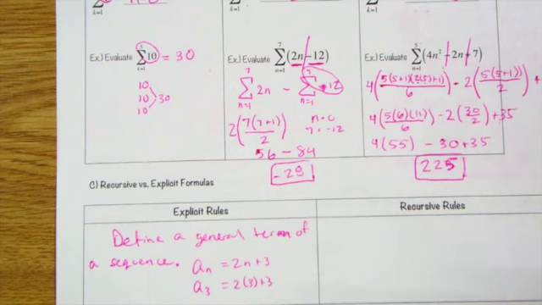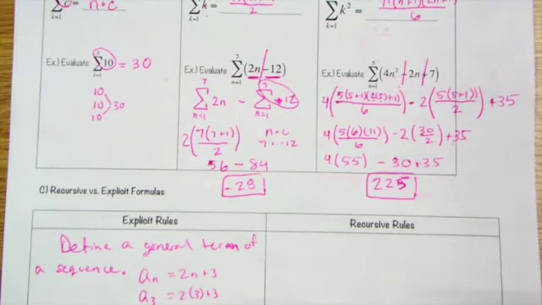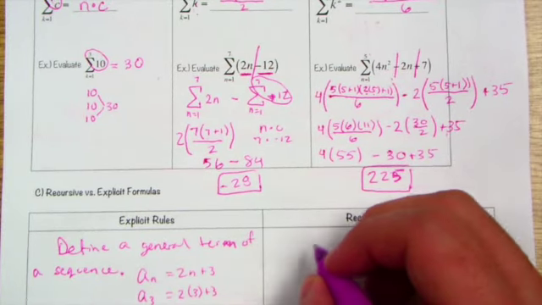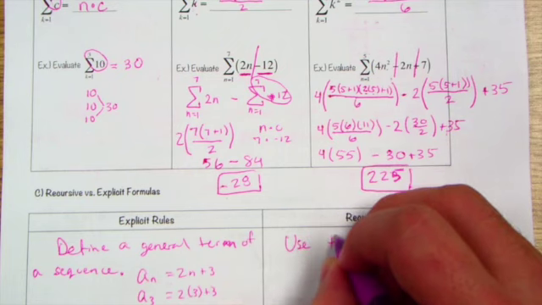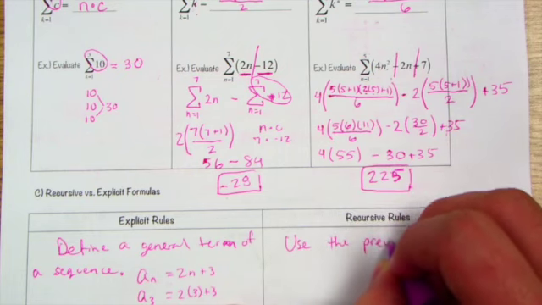So if I wanted to find the third term, I would just plug it in. So this would be an explicit rule that we could use to find any term within a sequence. Whereas recursive rules actually use the previous term